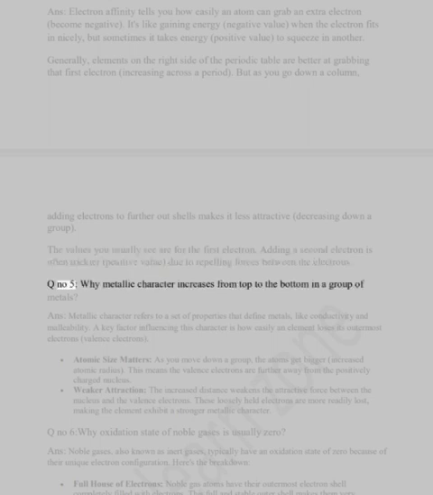Question number 5. Why metallic character increases from top to the bottom in a group of metals? Answer. Metallic character refers to a set of properties that define metals, like conductivity and malleability. A key factor influencing this character is how easily an element loses its outermost electrons, valence